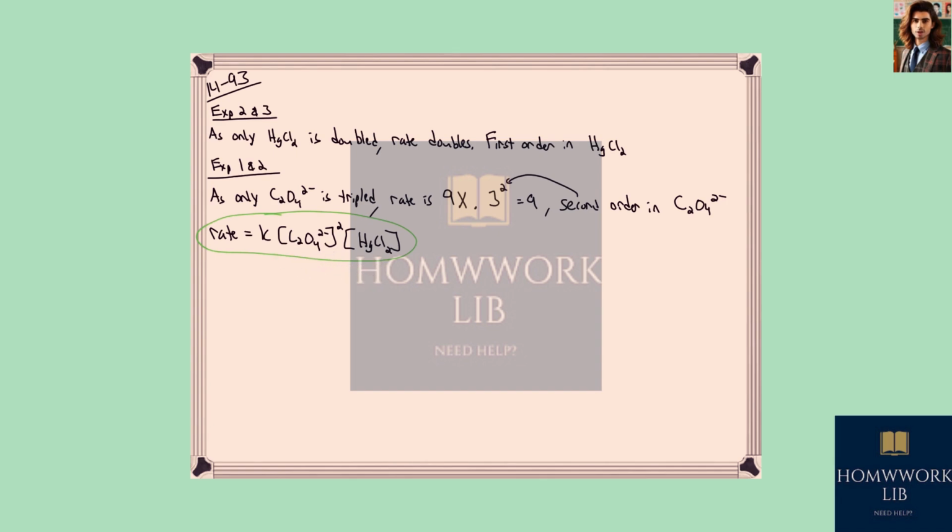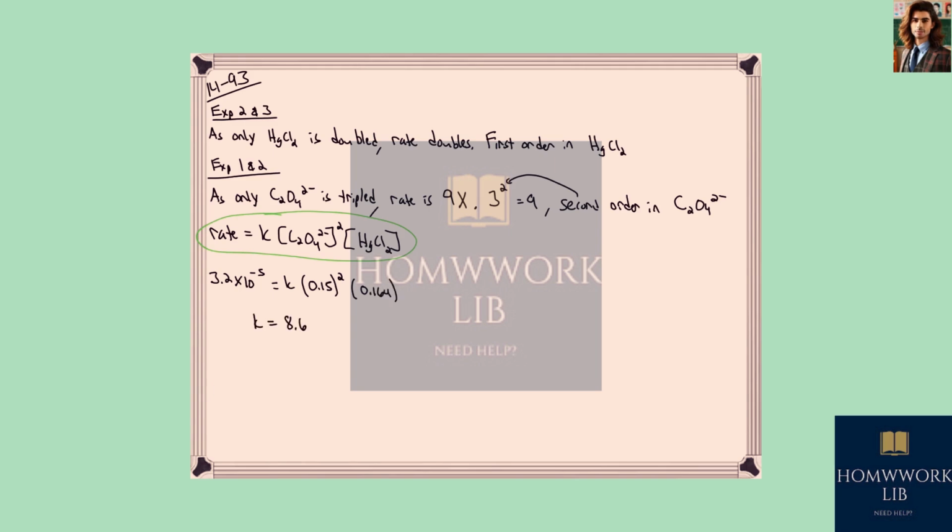So we can use the data from any experiment, 1, 2, 3, or 4. We could do it for all 4 of them, calculate the k value, and then get an average, or we could just do it for 1. It doesn't request an average, so we'll just do it for 1. I will use the data in experiment 1. The rate in experiment 1 is 3.2 times 10 to the negative 5. We'll set that equal to k multiplied by the oxalate concentration squared, 0.15, multiplied by the concentration of HgCl2, mercury 2 chloride,